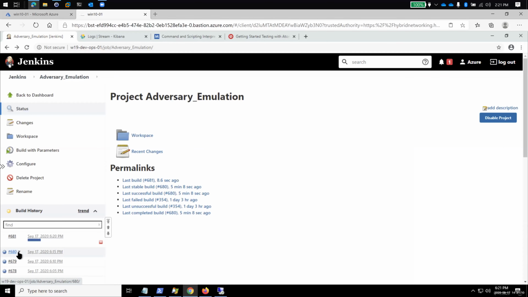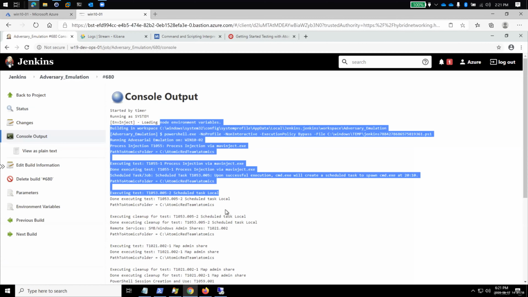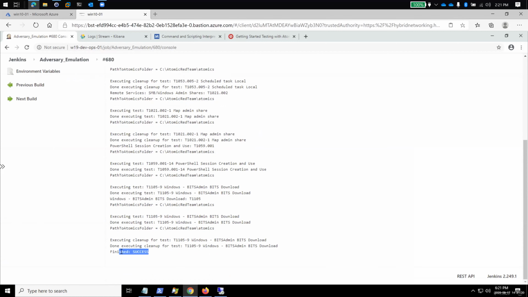And then what we can do is take a look here. I have that actually set up as a scheduled task, but we can just take a look at one of the previous builds. And we can see that the same tests were all executed in sequence and that we had a success at the end. All right, and next we're going to move on to